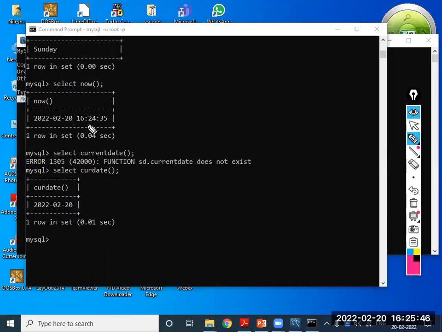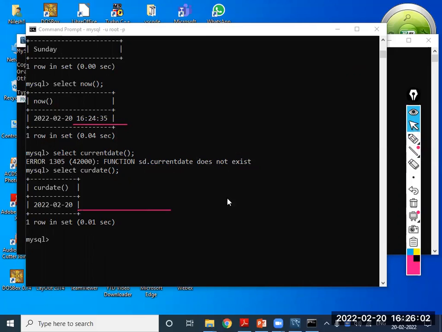Now will display hours, minute, second, and current date will not display hours, minute, second. But important thing, current date is also useful for plus minus. It will display the current date, whatever date is set in your system.